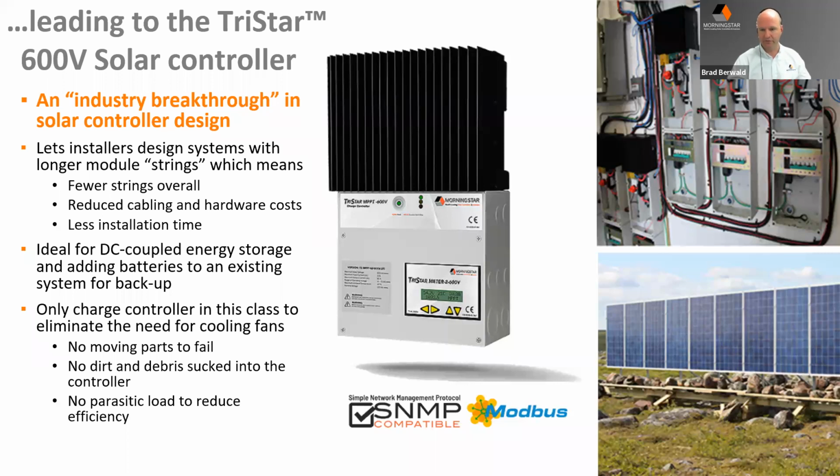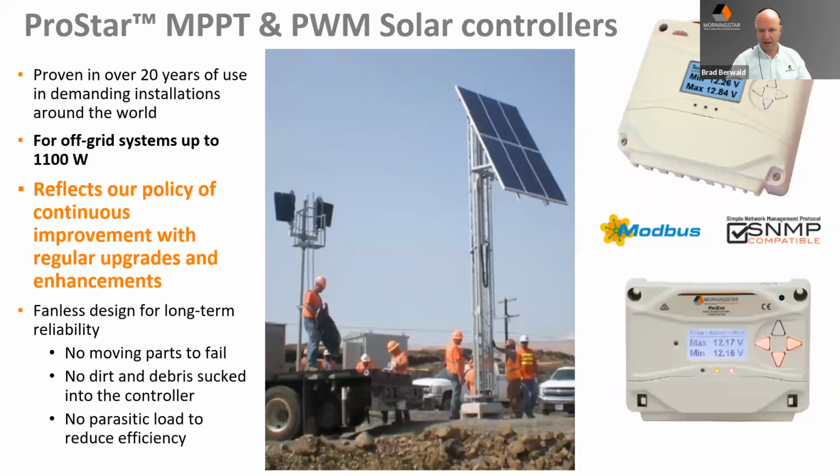And a good example of this system on the right there was a telecom site. And you'll notice almost completely vertical panels because of their location, with the sun being so low in the sky. And because of that, they had a great distance that had to be run with the PV, and therefore the high voltage PV input of 450 volts for the VMP was really beneficial because it kept the wire size down, saved them a lot of cost, and they were able to make these long wire runs from the array to the telecommunications site.